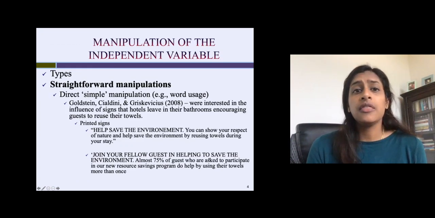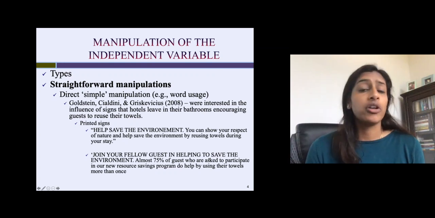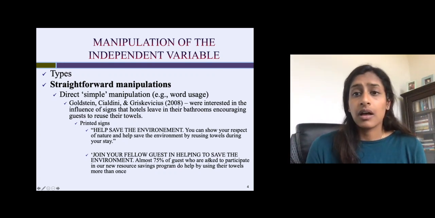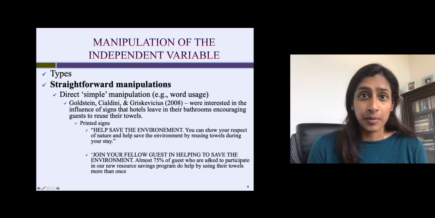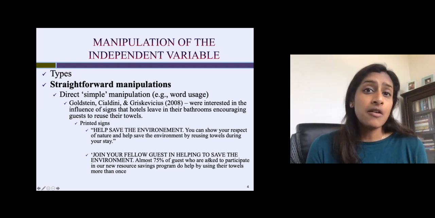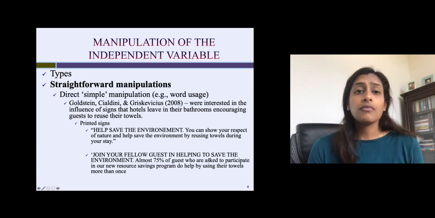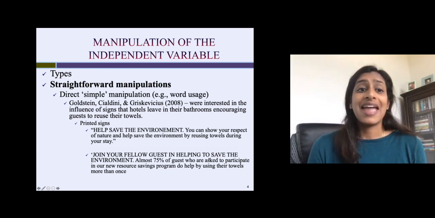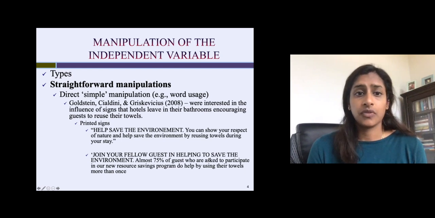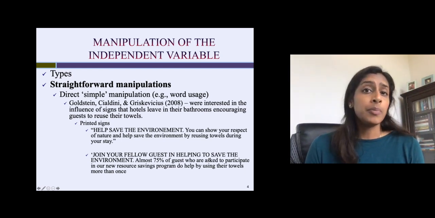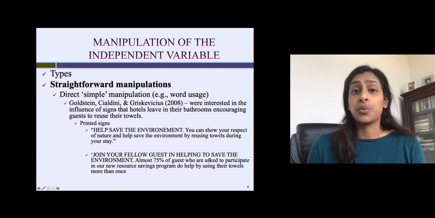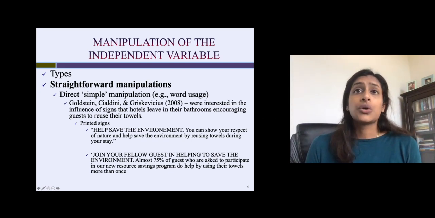In general, we can think about manipulations in two different ways. We can either have a straightforward manipulation, and we'll talk about our next, staged manipulation, in just a second. In a straightforward manipulation, we are doing a direct and simple manipulation, okay? So in the example I'm going to give you, what we manipulated was our word usage, what words we used. So Goldstein